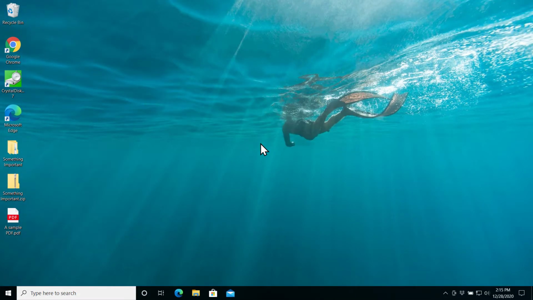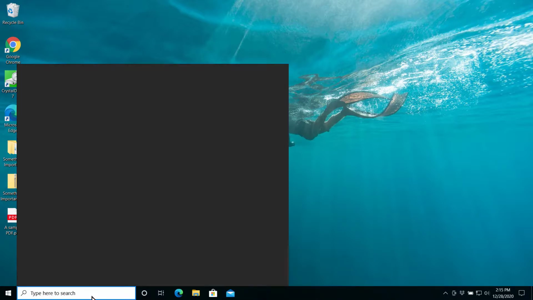Hi everyone, today I'm going to show you how to see the DirectX version that you have on your Windows 10. So to see what DirectX version you have, you have to go to the search bar here and write